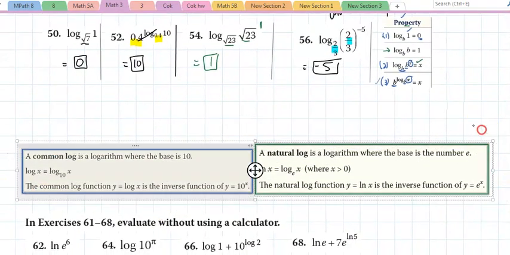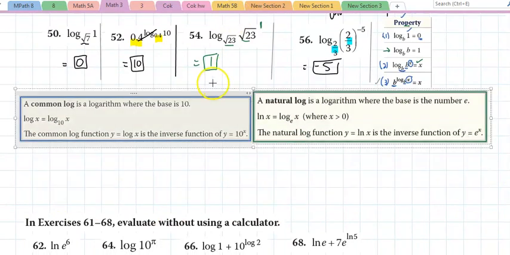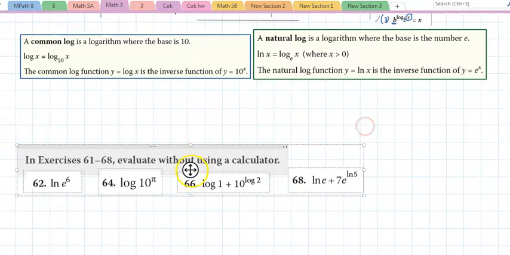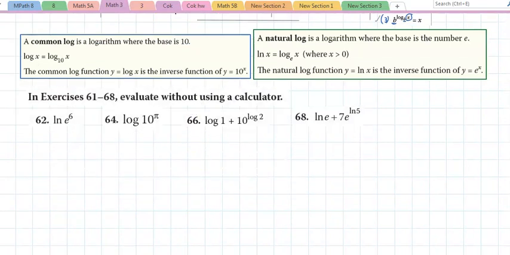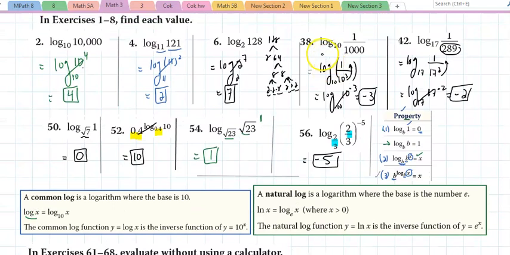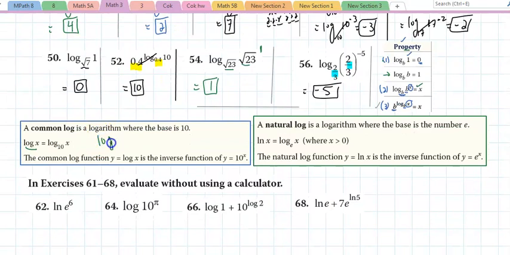we have two special logs, and the reason they're special is not because there's anything special about them, but because of their base. That's what makes them special. And if you see a log, if I ever write a log, actually I did that a couple of times on this problem when I was writing this. Did you notice I didn't write a base? If I write just a log of x, then you are to assume that the base is 10. And if you have a log with a base of e, the same e,